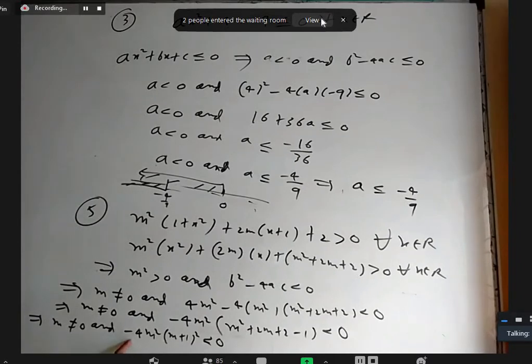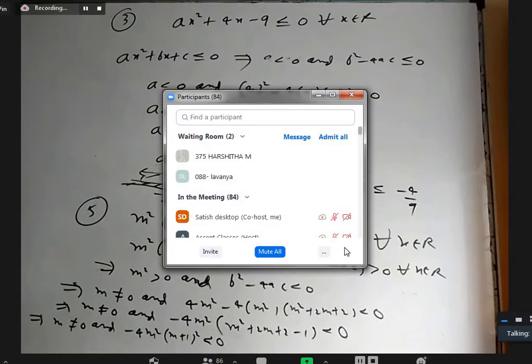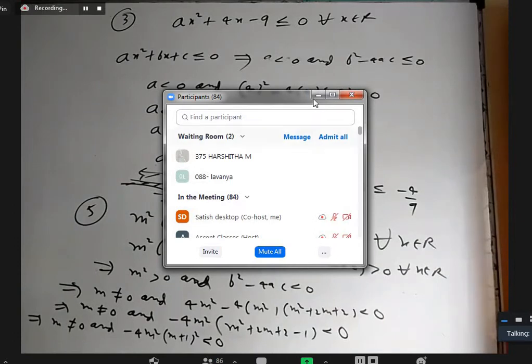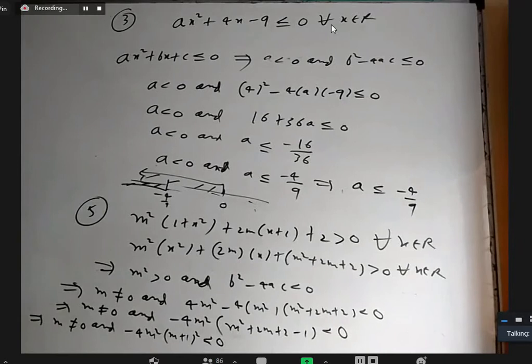When will minus 4m square plus m plus 1 whole square be negative? So for all values of m? Are you sure? Sir, all except minus 1, sir. Yes. When I say it is negative, something square is positive, there is a minus, it is negative, correct. But if it is 0, it will be equal to, but we don't have any equal to here, right? So m should not be minus 1.